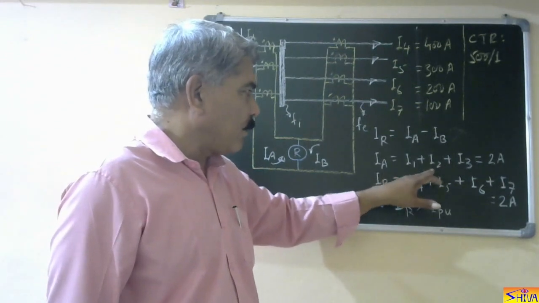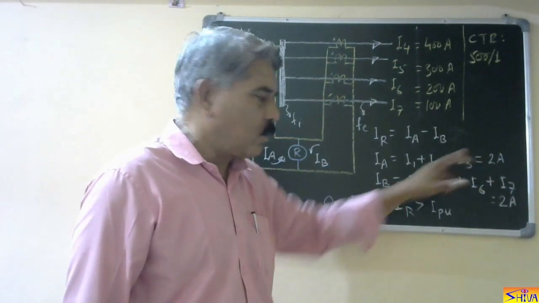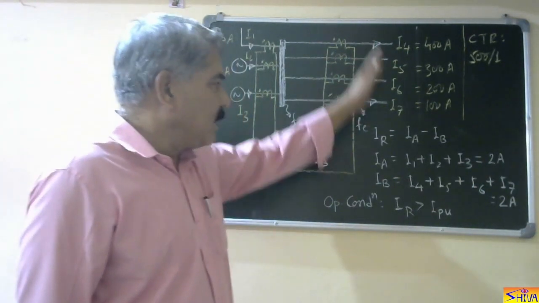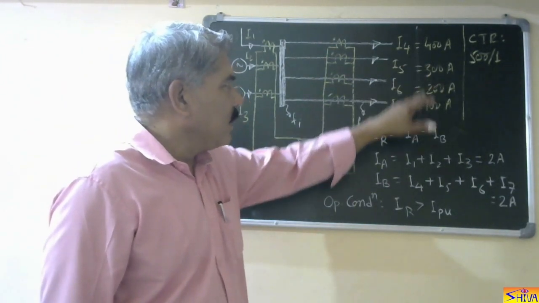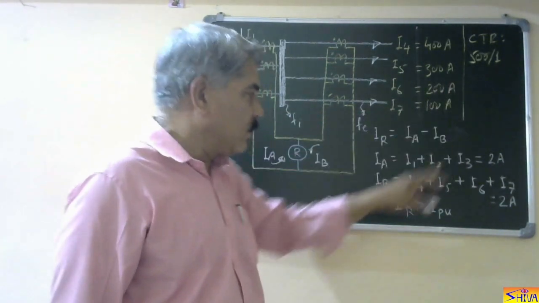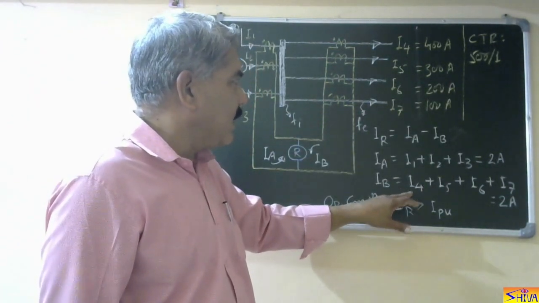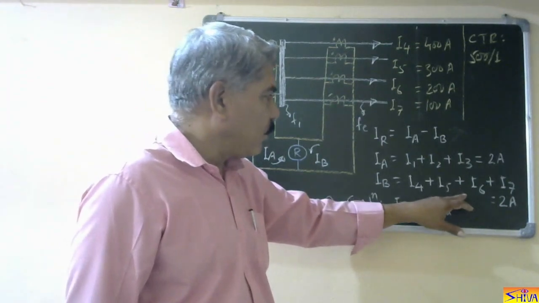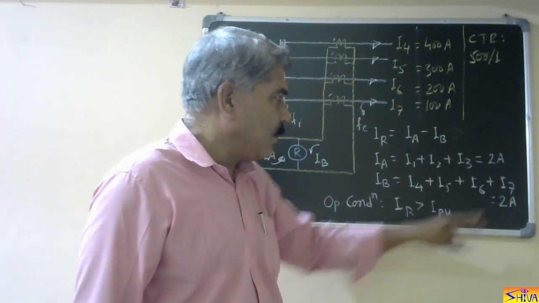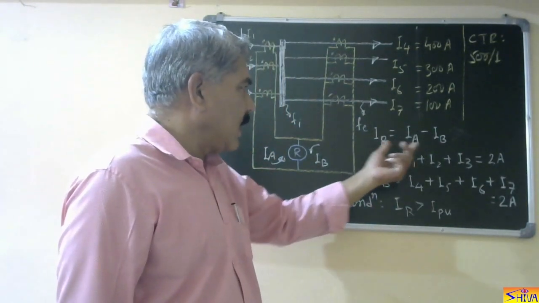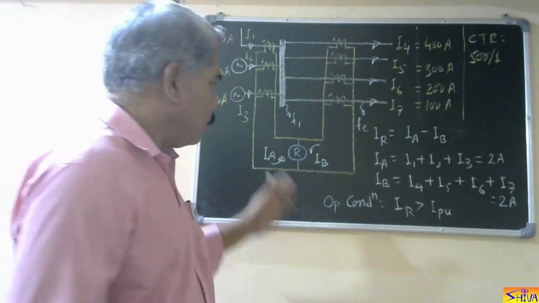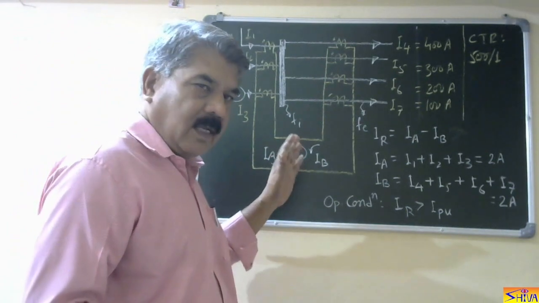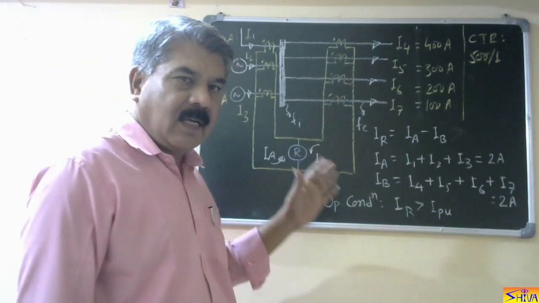So 1 plus 0.6 plus 0.4 is 2 amperes. Similarly, we compute the secondary currents corresponding to the primary currents using these CT ratios, and we get 0.8, 0.6, 0.4 and 0.2 amperes. So it is 2 amperes. Relay current is IA minus IB, 2 minus 2, that is 0. So during healthy condition, no current flows through the relay,